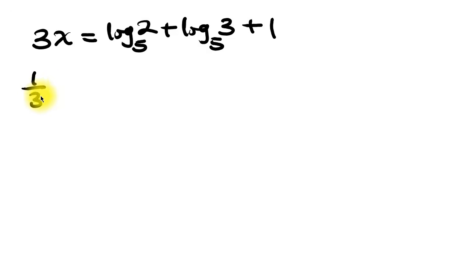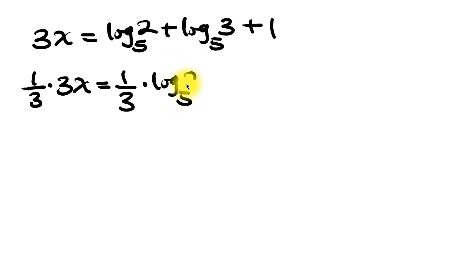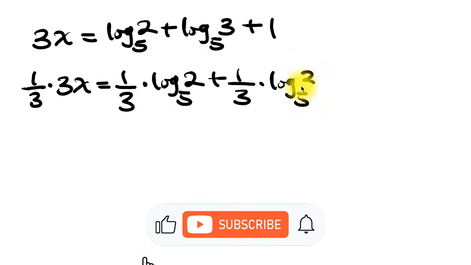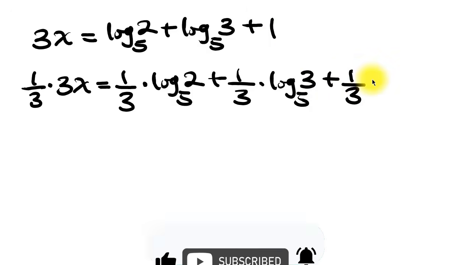So 1 all over 3 times this expression, 3x. This is equal to 1 all over 3 times log base 5 of 2, plus 1 all over 3 times log base 5 of 3, plus, and lastly, 1 all over 3